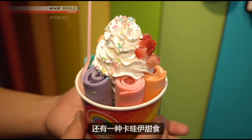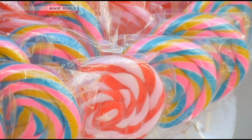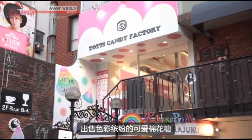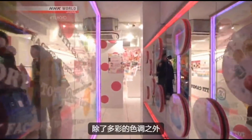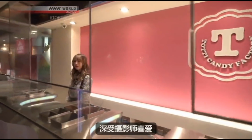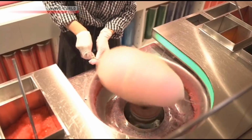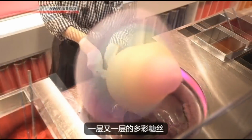Another kawaii sweet treat is currently trending amidst the ample competition here. To the right on the second floor is Toddy Candy Factory, which provides colorful, cute cotton candies. Apart from its multicolored hues, another feature makes this candy a photographer's delight. Let's order one and see. Layer upon layer upon colored layer of cotton candy